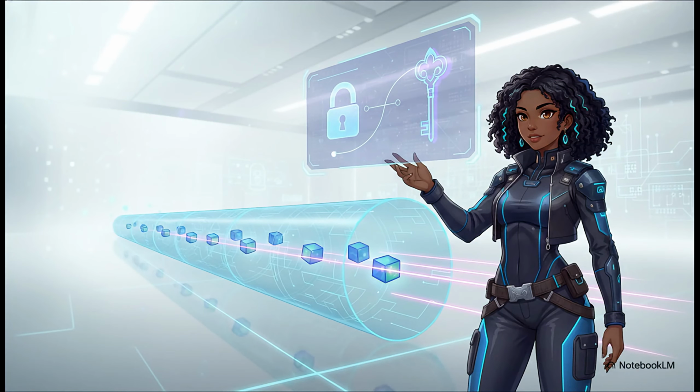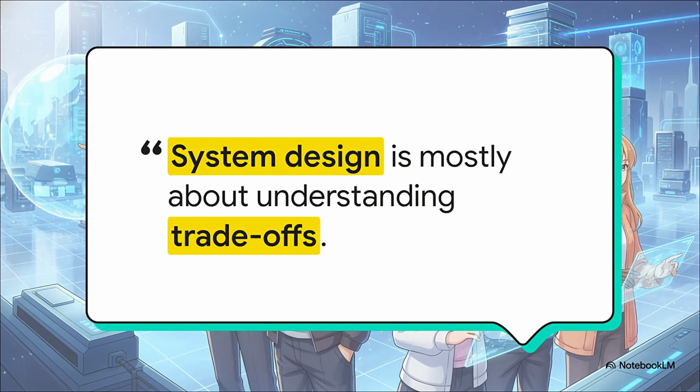On the security side, you need to delegate authorization without actually sharing passwords, which is exactly what OAuth 2.0 and OIDC are built to achieve. You've also got to secure the transport layer via the TLS handshake, guaranteeing encryption in transit. And fundamentally, you have to enforce a strict zero-trust architecture. That means every single request, whether it's internal or external, is aggressively verified as if it originated from a highly hostile network.